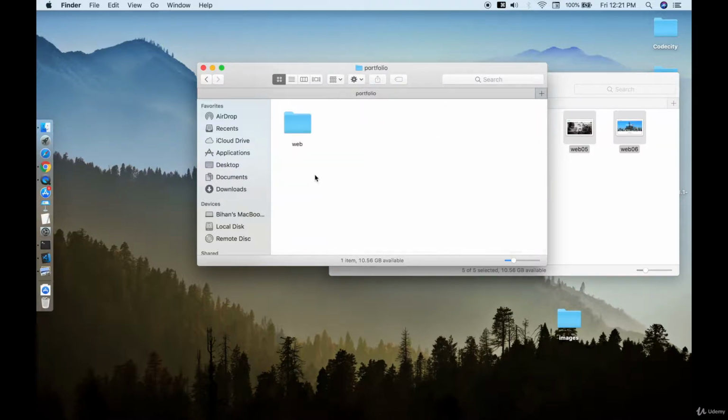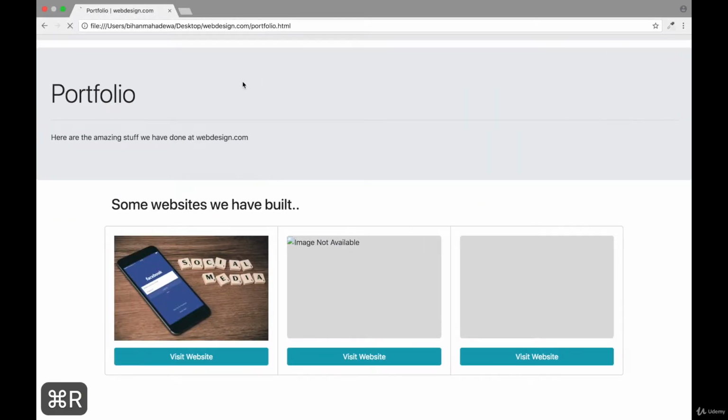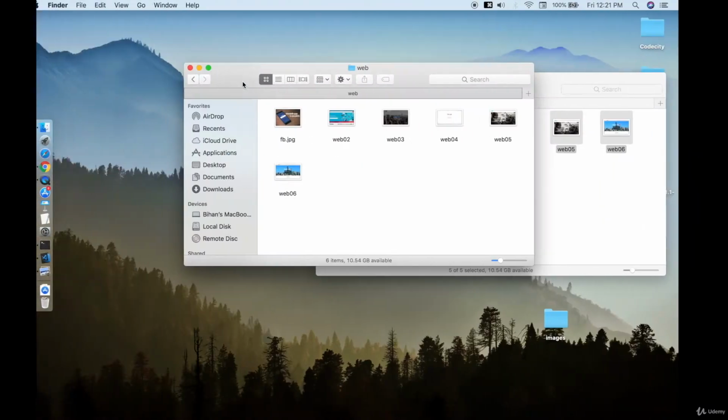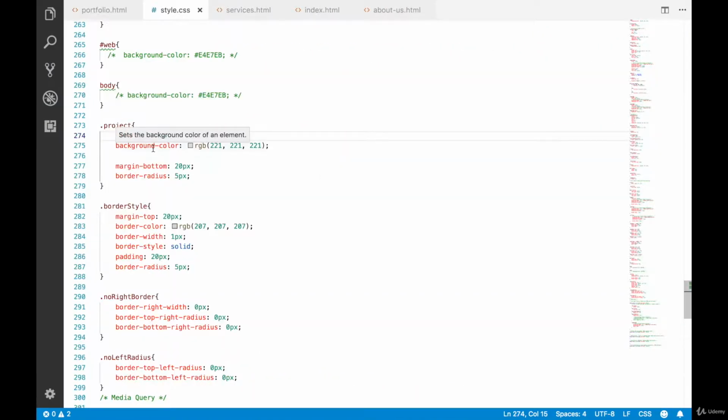Select them and let's go back to our webdesign.com, which is on our desktop, and let's go inside images, portfolio, web, and I'll paste it here. Okay, so now we have web 2, 3, 4, 5 and 6. The next thing to do is,